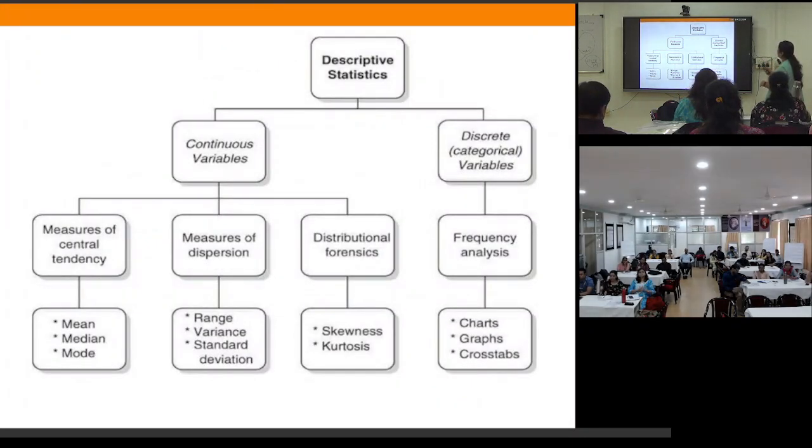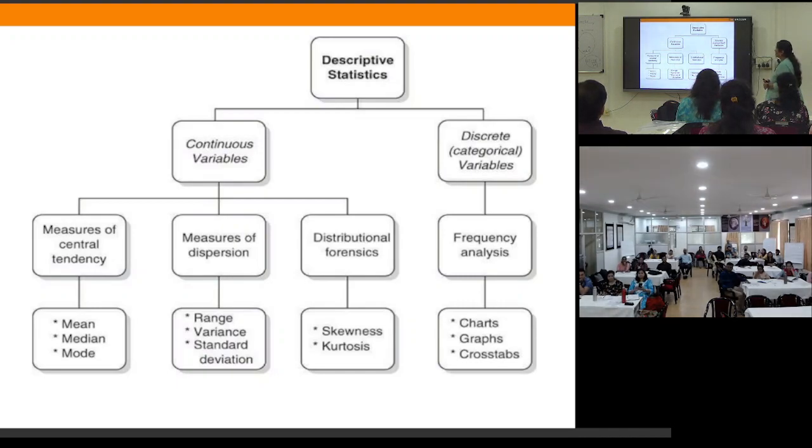So again, the continuous variable. Now we have to describe a continuous variable; we need one or two numbers with which you can describe the whole data. So first is the measures of central tendency, under which mean, median, mode; measures of dispersion, under which range, variance, standard deviation, standard error, this is the variation. Then distribution, in what I have collected, whether it is a normal distribution, bell-shaped curve, or skewed, that is important, and the frequency analysis by the charts, graphs, etc.